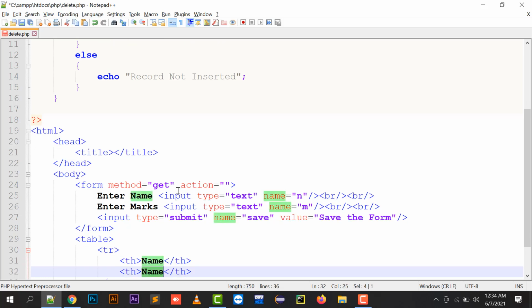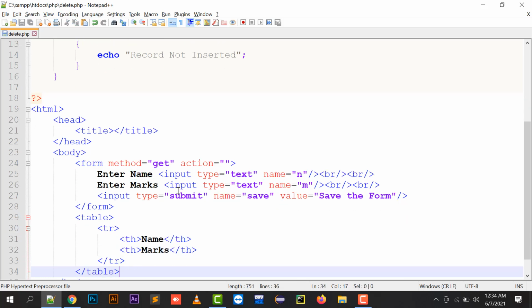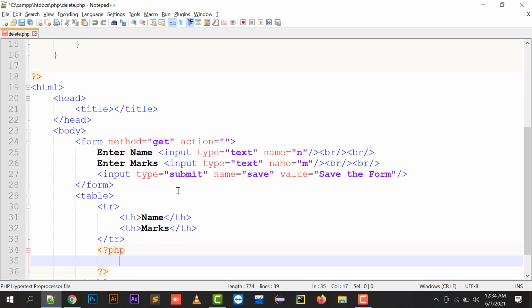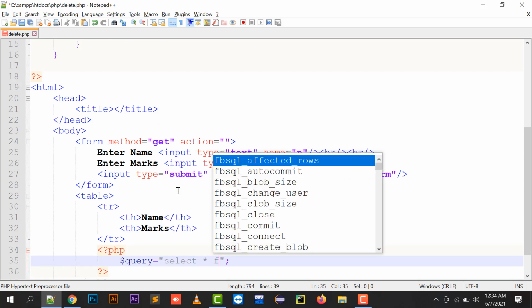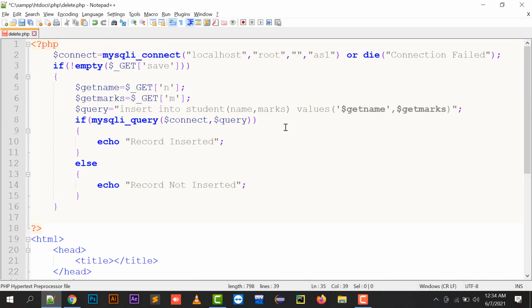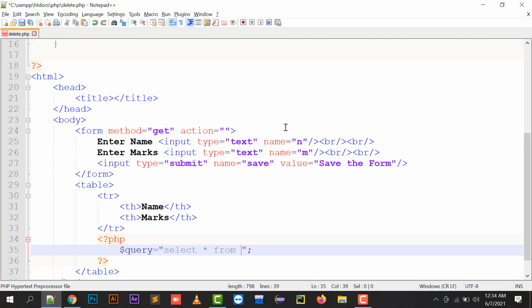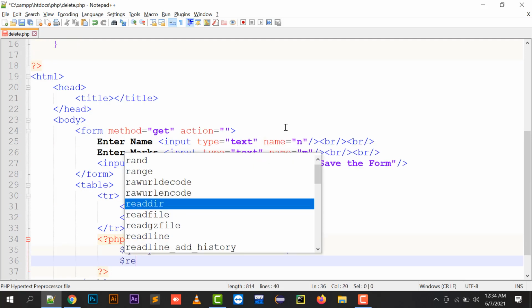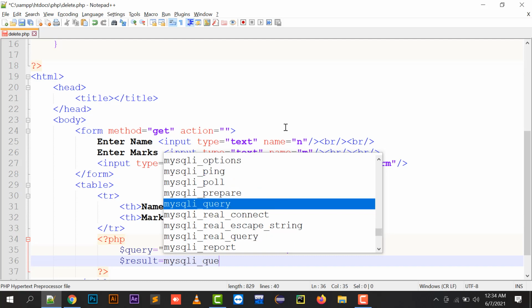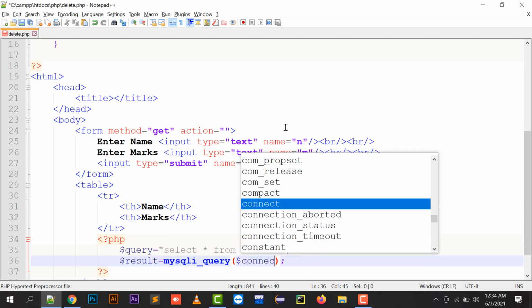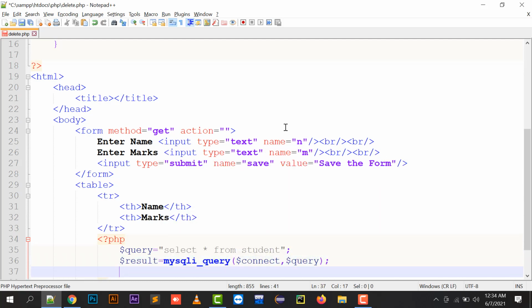If you want to know how to display data and want its full explanation, you can watch my video on YouTube of displaying data from database using PHP. In that video, I have explained all the things, like how to display data from your database. So in a quick short, I am going to write how to display data.